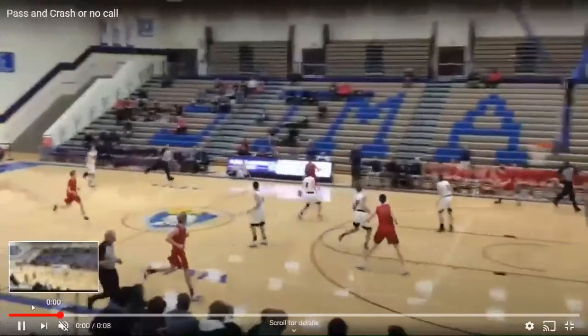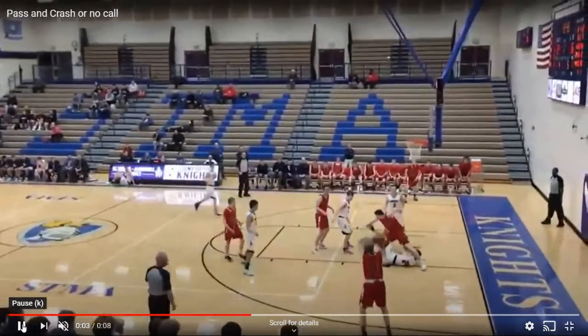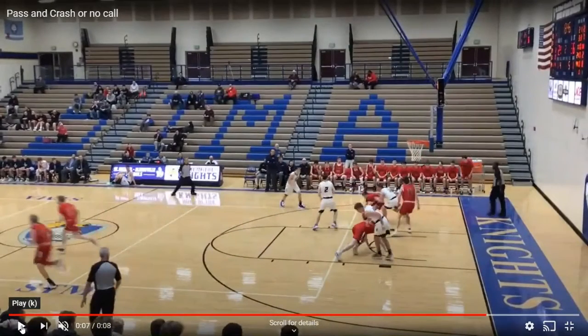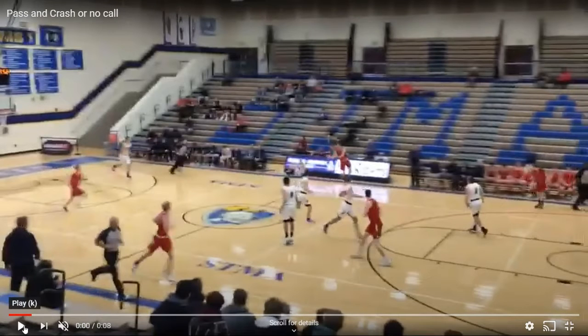Got it. So this is a really interesting play here, because red drives to the lane and White takes very minimal contact but goes to the ground. The center official does a good job here, stays with the shooter, but obviously he does not see White, who took a dive, then rolled into red's legs, and now we have two players on the floor and we don't have a whistle. I think we do need a whistle on this play, and I think it needs to come from our lead official, because our center has no chance on this play of seeing all of that happening.